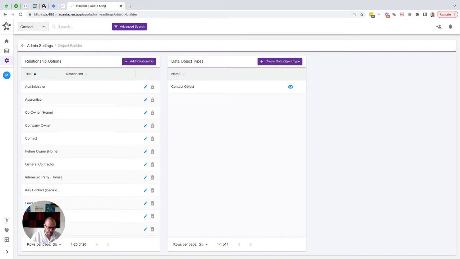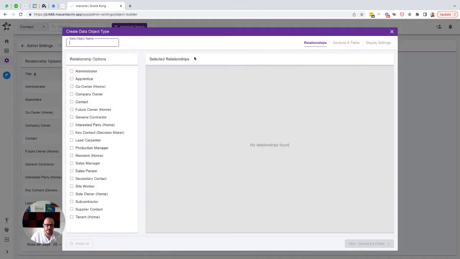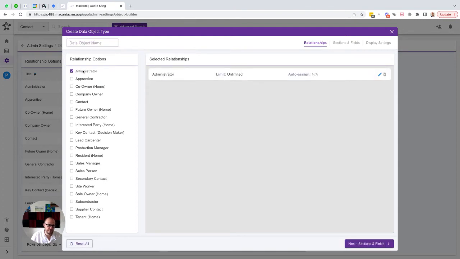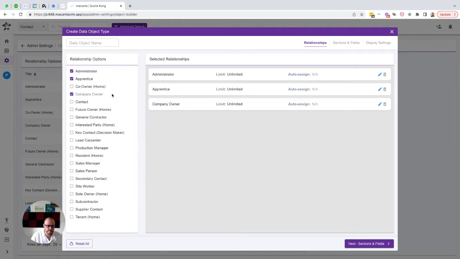So now, like I said, we're going to have companies, properties, and projects as our data object types. So we'll start with our companies as the first one to build. So go into create here. And then first thing to do is to say, okay, which relationships could a contact have with a company? So I could be an administrator, an apprentice, for a subcontractor potentially, a company owner, yes,